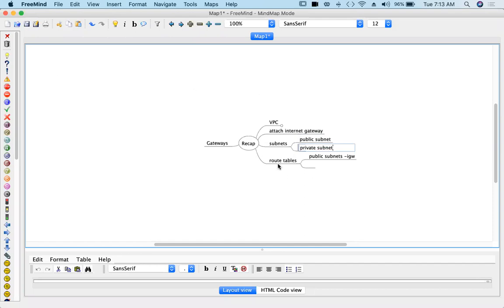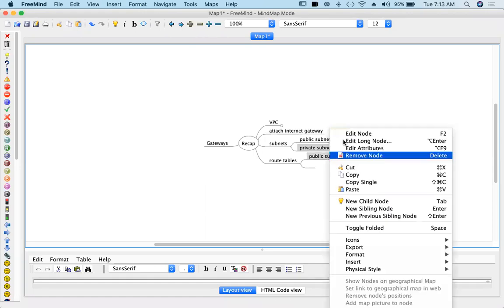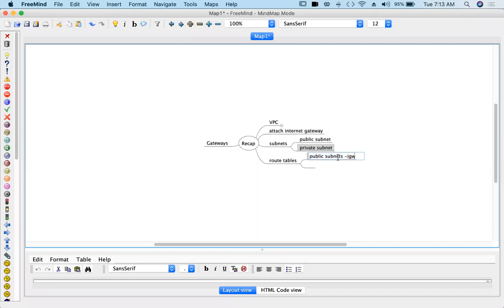And when you create VPC, by default a route table will be there, and we call it as main route table. And to this main route table you have to add internet gateway, then only public route is possible. So let's say this is public route, and the main route table of default VPC will have this.